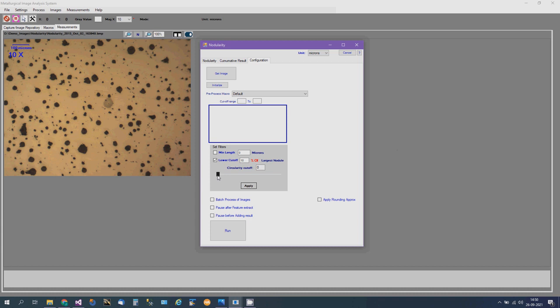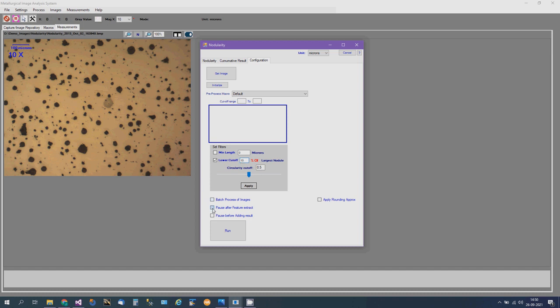So we are filtering out any shapes that are not close to a circle. We say at least if the shape resembles 50% of a perfect circle, I will consider it a nodule, provided its size is at least 10% of the largest nodule in the opened image.